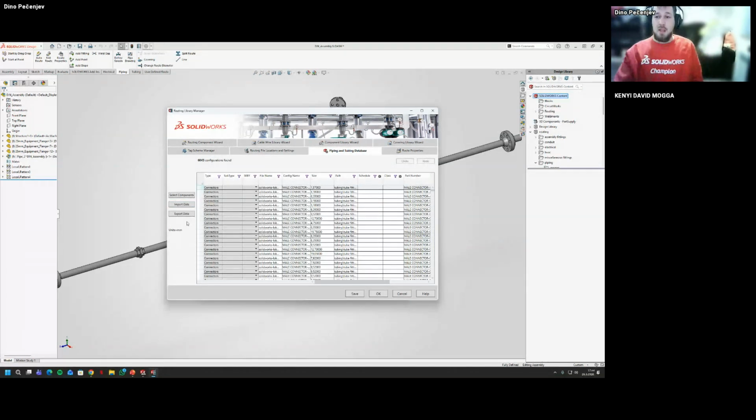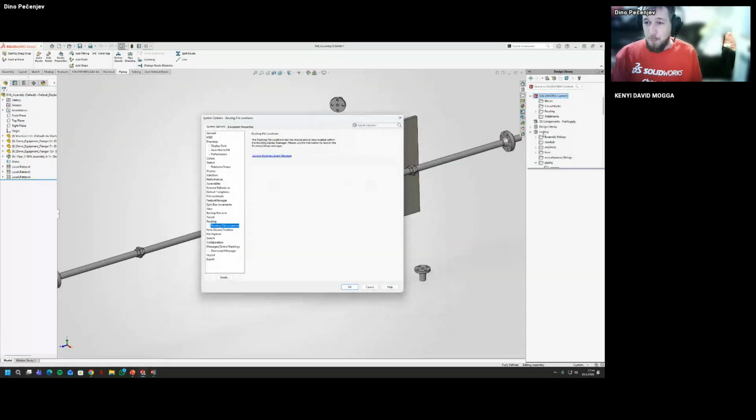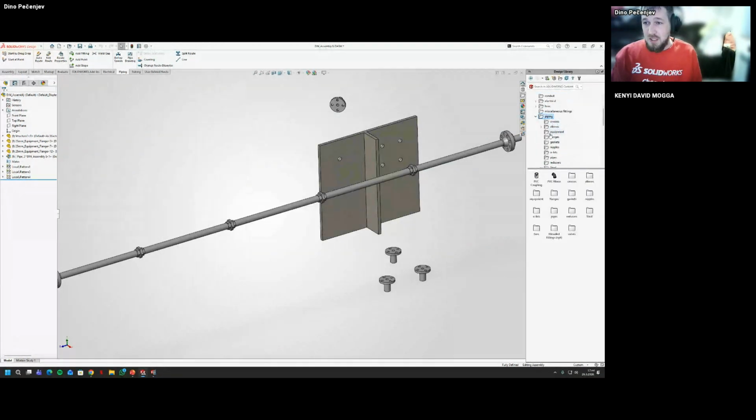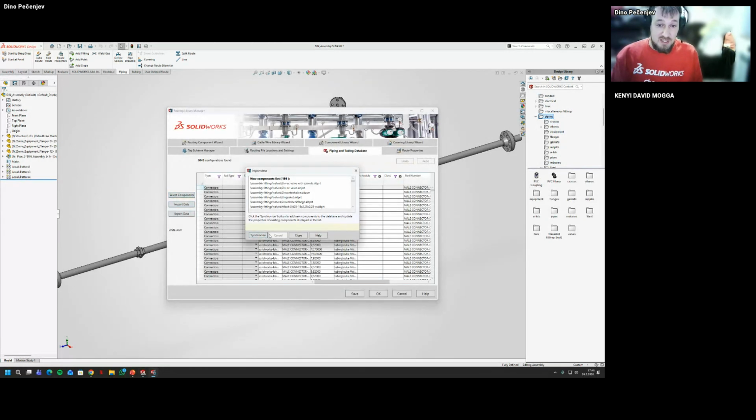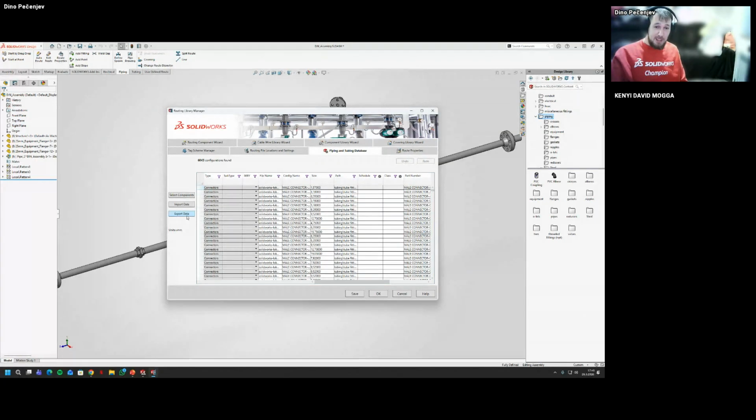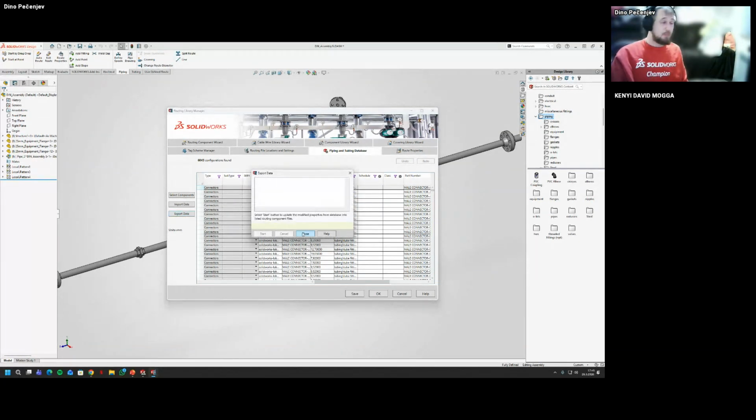Very simply put, if I delete anything from this folder and select import data and say synchronize, it will go through my whole routing database and remove from the list any component that's not here. And for the export data, we can export this. For example, if you use 3D Experience, which can manage the routing database, you would use it to sync the database to the 3D Experience platform.